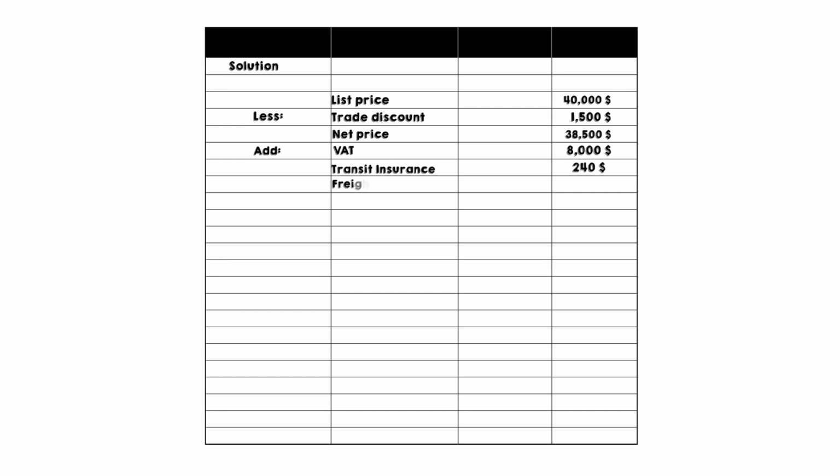Now let's find out the solution. List price, $40,000. Less trade discount, $1,500. Net price, $38,500. Add VAT, $8,000. Transit insurance, $240. Freight, $800. Installation charges, $2,400. Cost of acquisition,